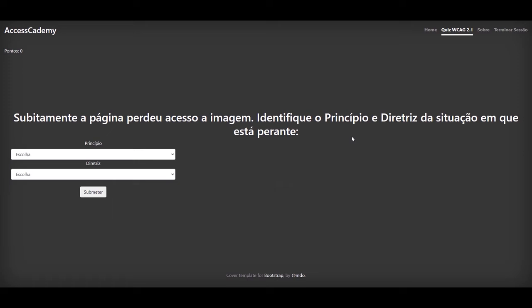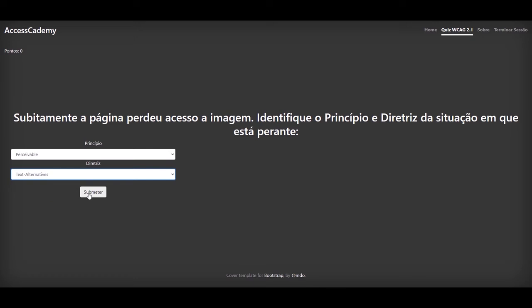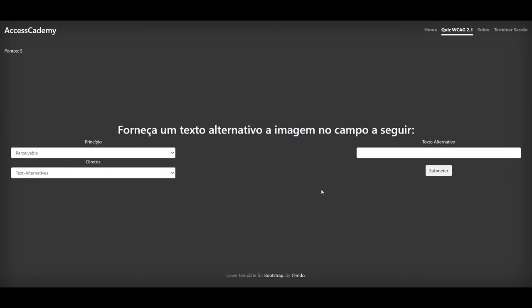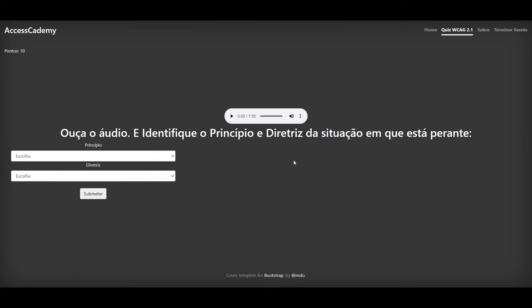The page suddenly lost access to the image, and the user must identify the principle and guideline to which the situation belongs. If it's correct, he gets 5 points. Afterwards, the Access Academy asks him to provide an alternative text, which he does and submits, gains another 5 points, now 10, and he sees the result. The next situation,